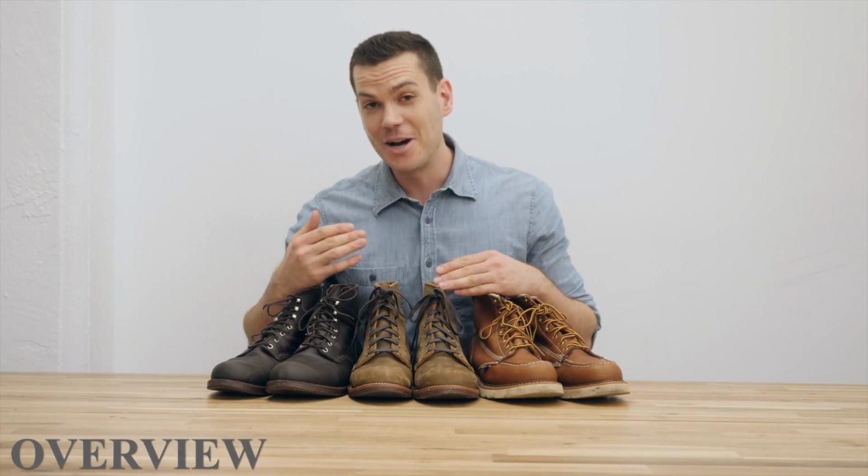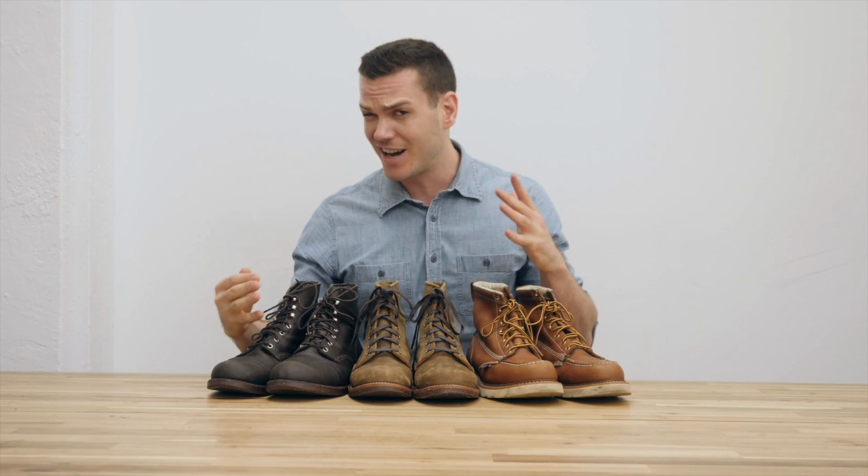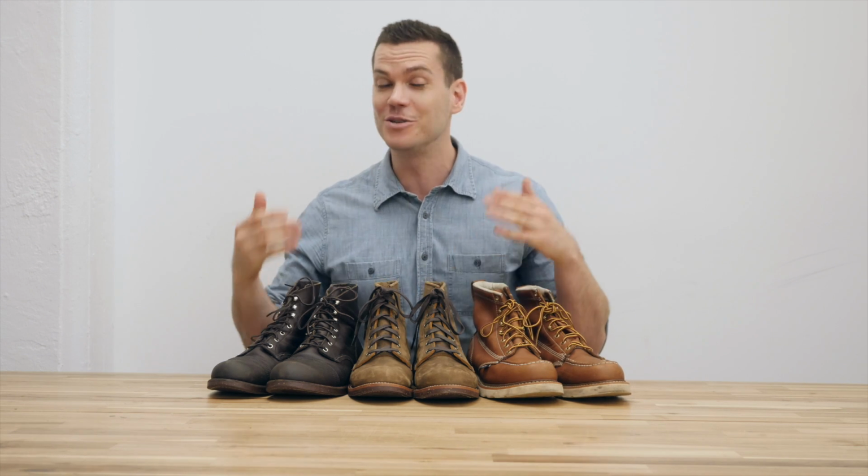So I've received a ton of requests from you guys to compare these three companies, and I think the reason for that is they're all very beloved American brands, and they all sell these boots for under $300. Well, actually, the Iron Rangers are kind of hard to find for under $300, but I know a lot of people that do. But I did have a lot of difficulty deciding which of these companies' products to review,